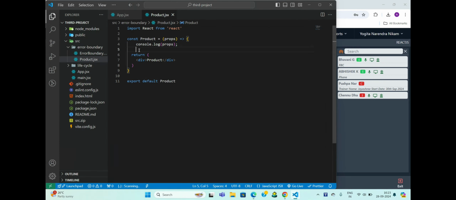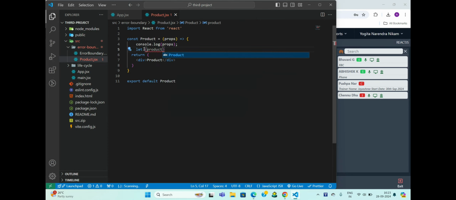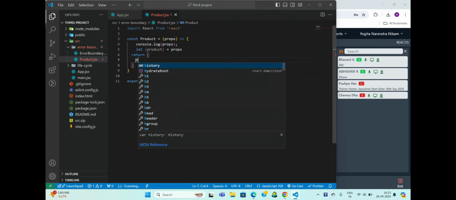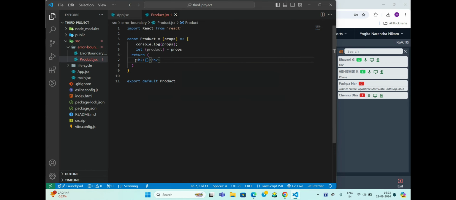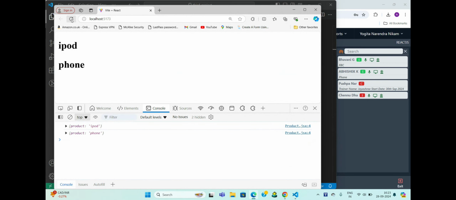So let me destructure product from props. And how can I display? Here I can mention one heading tag and let us display here product. So if you see, you'll get iPod and phone displayed on UI. Okay, so this is also done.